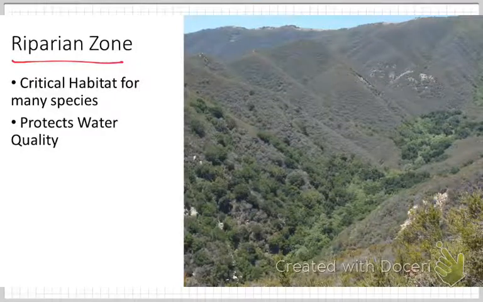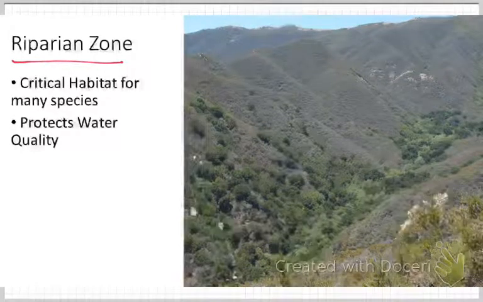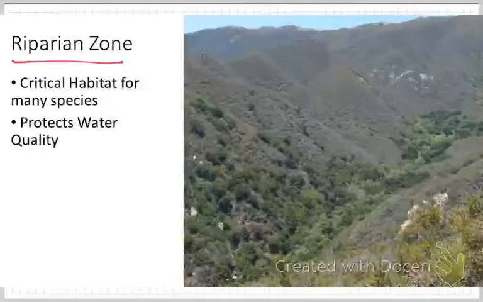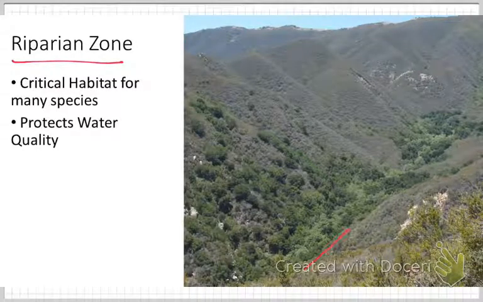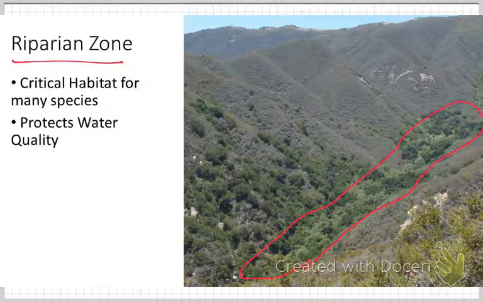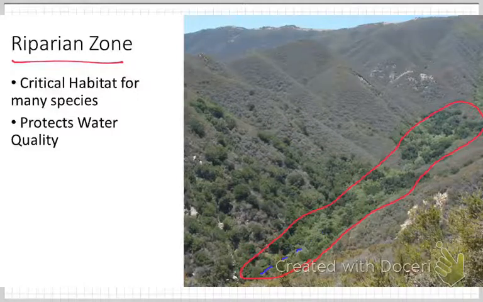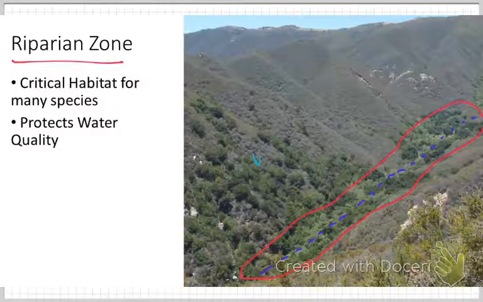So if you look at this image here, this is a typical canyon, if you will, in the Santa Barbara region. And the riparian zone is just this zone of vegetation that's right along the edges of a stream. If you were to go down into this area and hike it, there's a stream running right through here. And the species that are often common in this zone, you would be finding things like western sycamore